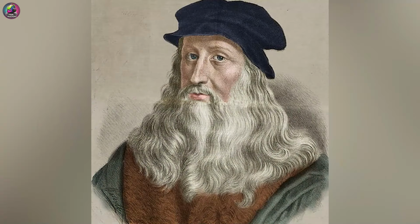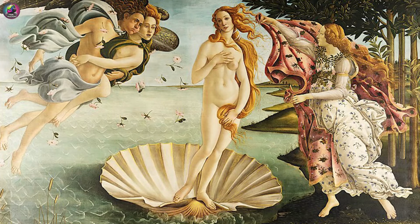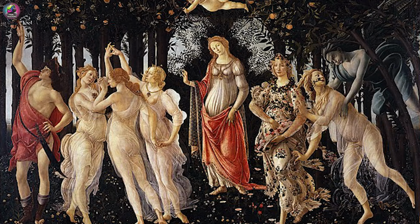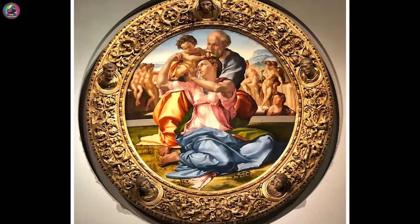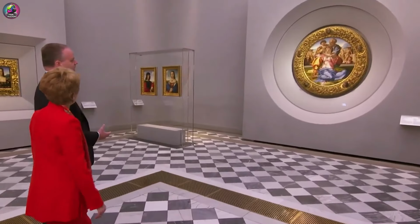masters such as Botticelli, Da Vinci, Michelangelo, Raphael, and Titian. Explore iconic works like Botticelli's The Birth of Venus and Primavera, Da Vinci's Adoration of the Magi, and Michelangelo's Doni Tondo. The Uffizi Gallery offers a journey through the evolution of Renaissance art, showcasing the mastery of